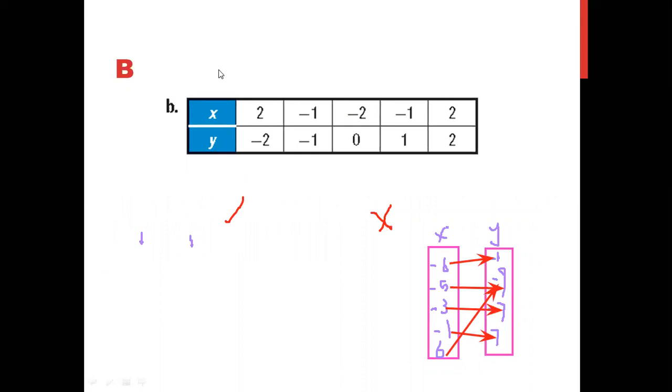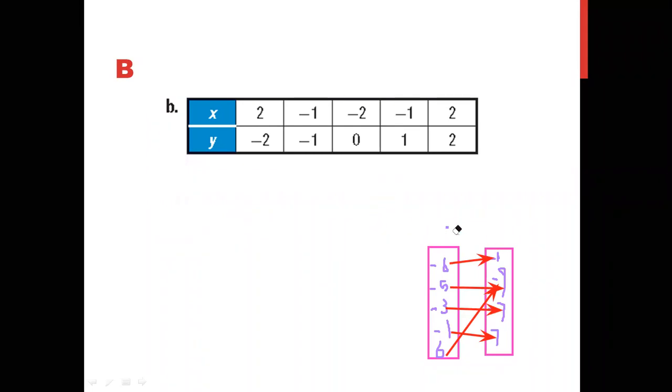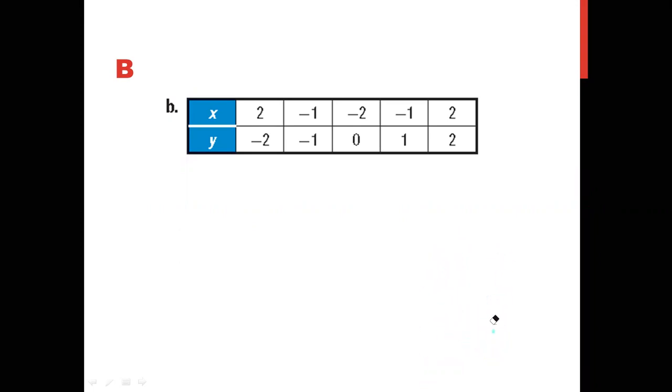Another form for the function using a table. If I have a table here, I can make an arrow diagram by the same method, and I will make exactly the same, using the arrows and seeing if each element in X has only one image